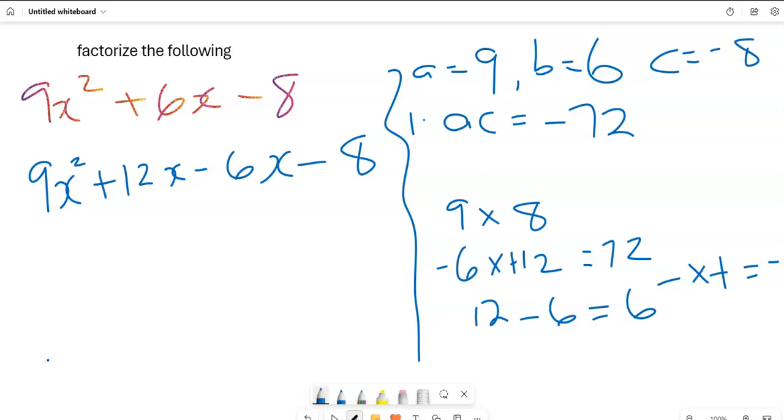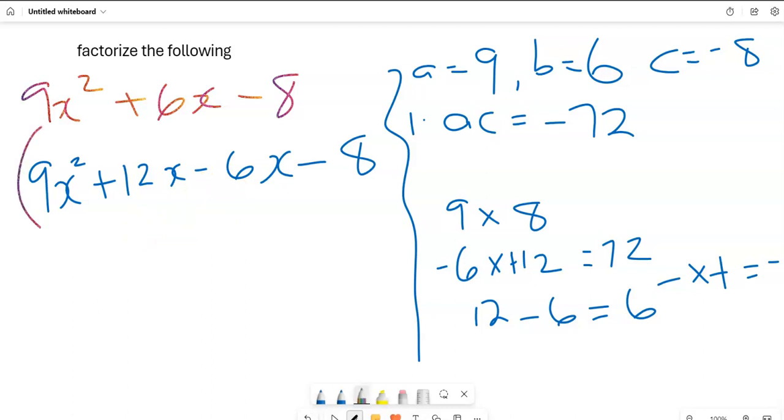How do you know which one should have what sign? The bigger factor should have the sign of the middle term. So seeing that we have positive 6x, then the 12 should take on the positive, so that when we subtract, we will still end up with a positive answer. Then we